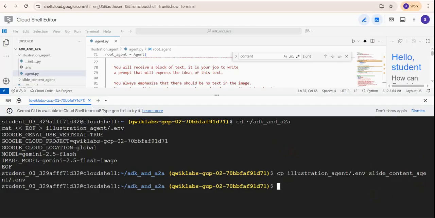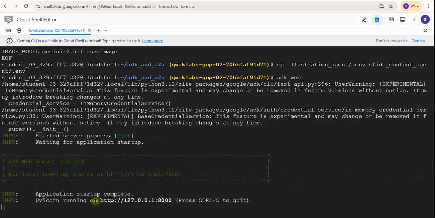Now from the Cloud Shell terminal, we will launch the ADK server. Let's type in adk web. Okay, so can you see there is a URL shown here. To view the web interface, you can click on it. Let's click on it now. A new browser tab will open with the